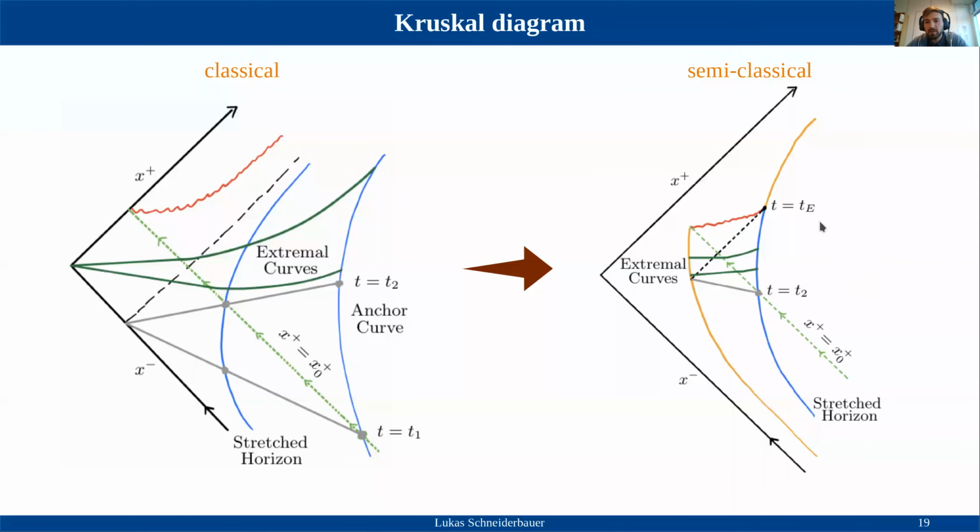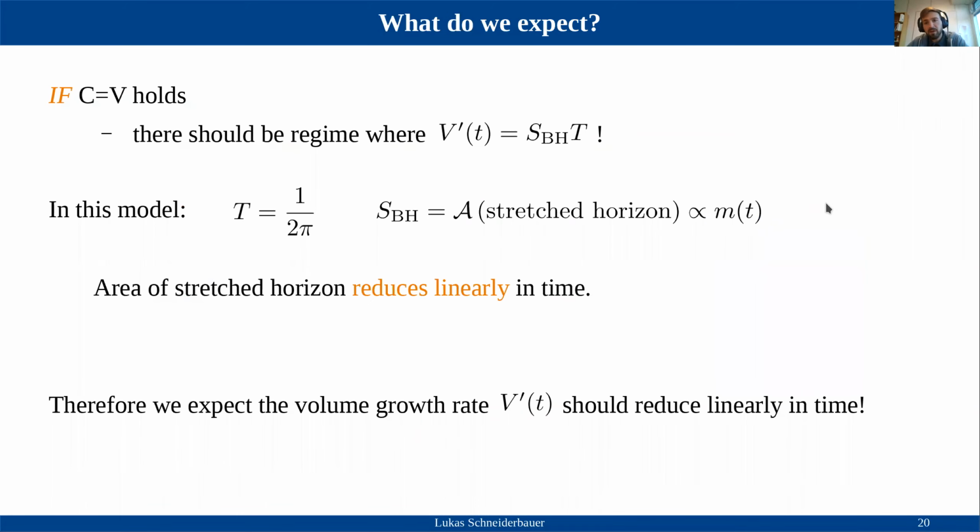Okay, so now we have two times here. One is t equals t2, and one is t equals te, where t2 is the black hole creation time, and te is the time the black hole has evaporated. So this gives us basically the lifetime of the black hole. And now I want to do the computation again. So I ask before, what do we actually expect to get? If this complexity equals volume holds,